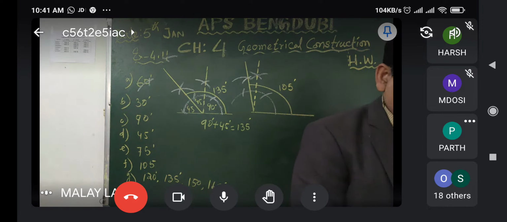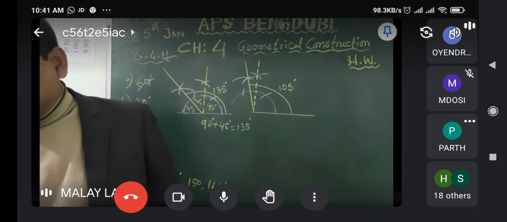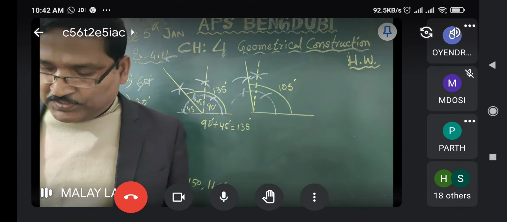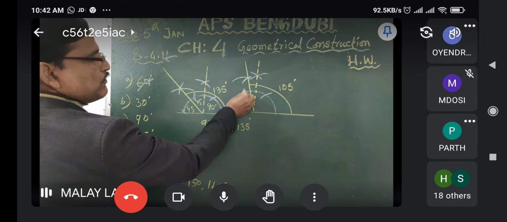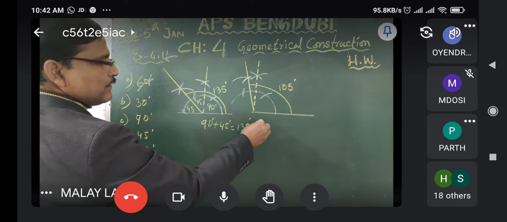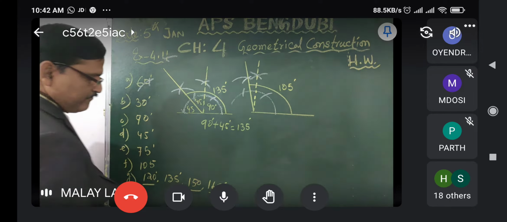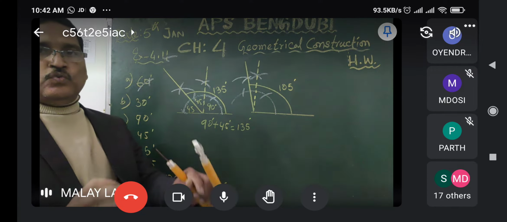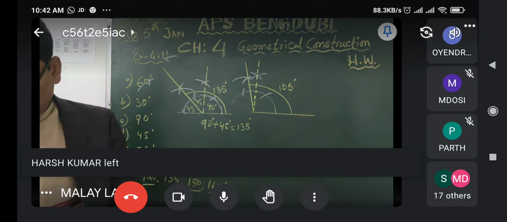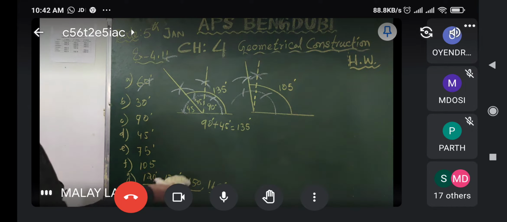नाउ आई एम स्टार्टिंग माय एक्सरसाइज. ओके, सो क्योंकि जब एक्सरसाइज में एंगल दिया जाएगा वही. Sir, questions are left? हाँ, Sir, 120 and 120 तो इजी है, मैंने बनाया नहीं पूरा. ये देखो ये है 120. No, sir, I am telling that 120 and how many angles are left that we have to complete: 120, 150 and 165. Okay, sir, combination of 2-3 angles, you will get the figure. So you will use your common sense. Okay? Now I am rubbing it. Yes, sir. I am coming to the exercise 14.1.